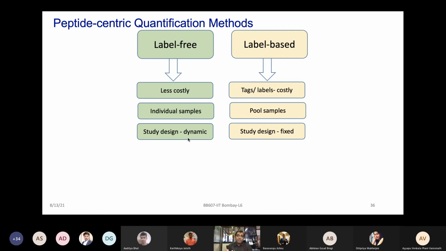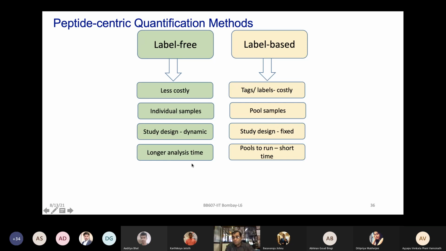What happens based on these mutations? What happens to them at the proteome level? So you can actually reanalyze the data in different contexts. A very dynamic study design analysis can be done. Here, that flexibility is not there, because you have come up with a thought, these are 50 grade 1, 50 grade 2, you have labeled them accordingly, you have mixed them together, and you can only look at that data with the particular question which you started with. I hope this gives you a much more open idea of why we are looking at the different strategies of analyzing your quantitative data. Analysis time is much longer because you have a huge amount of files from each of these data.